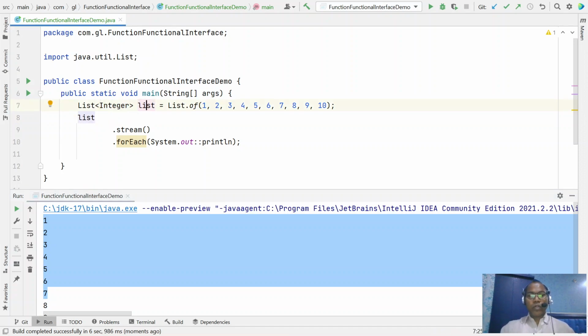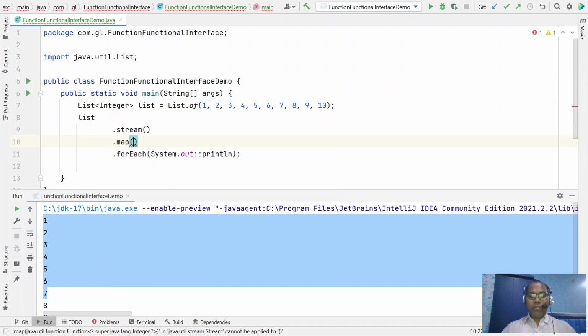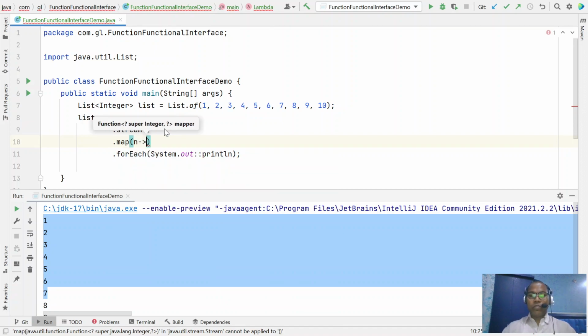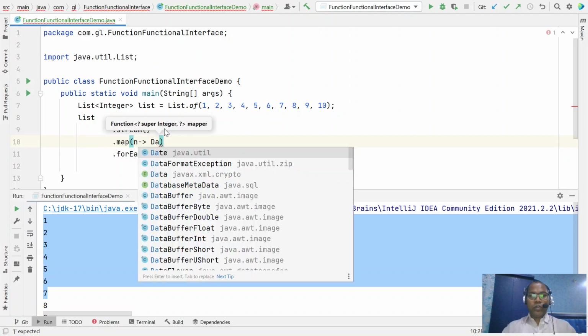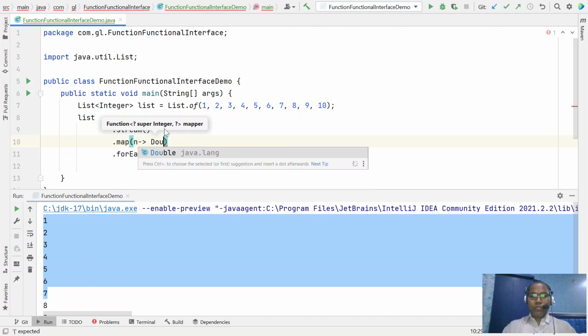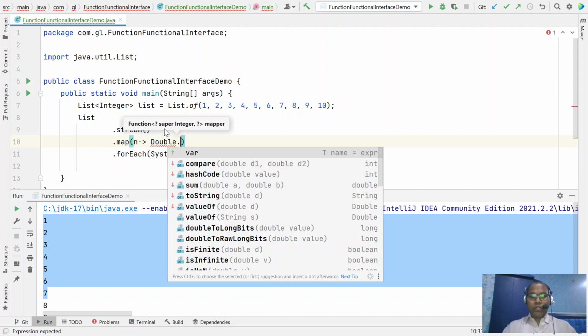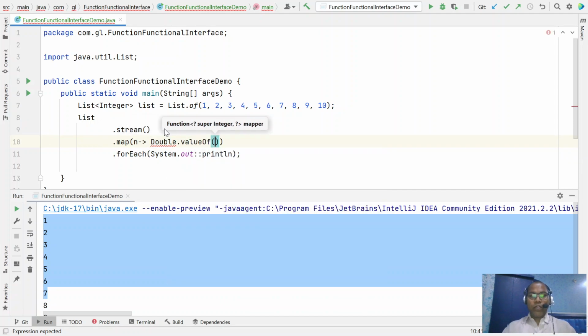Now I want to convert all the integer numbers to double. So generally we say dot map, and whatever the input number, I want to convert it to double: Double dot valueOf of n.